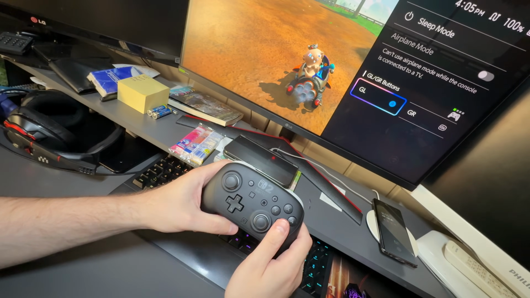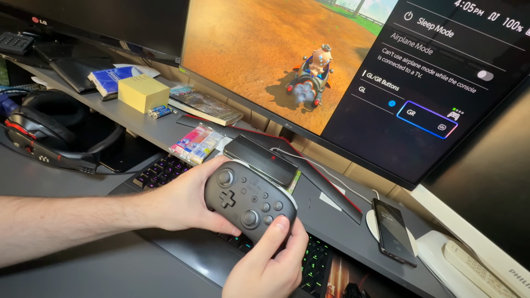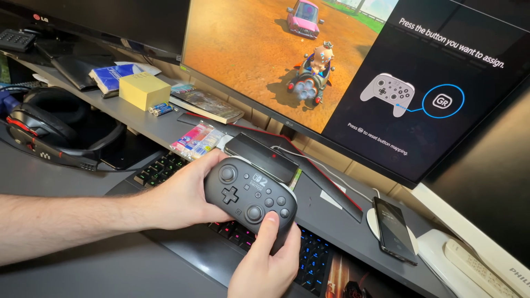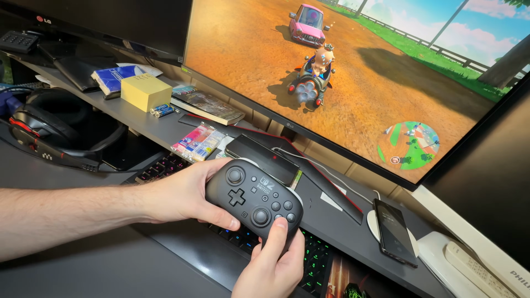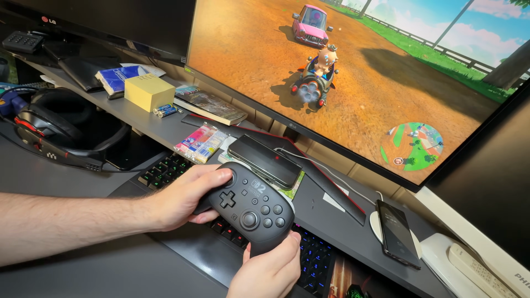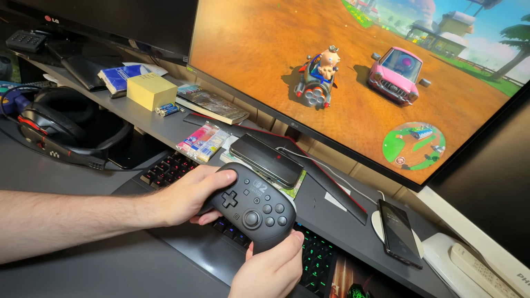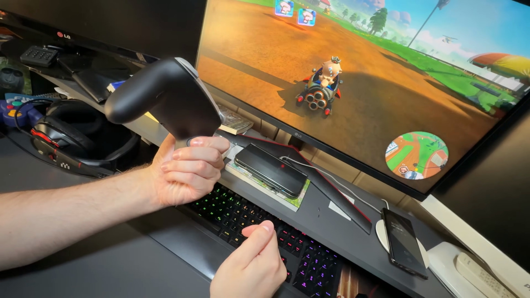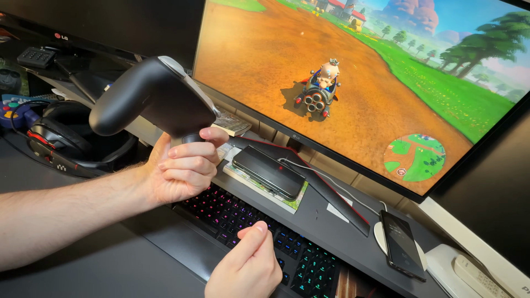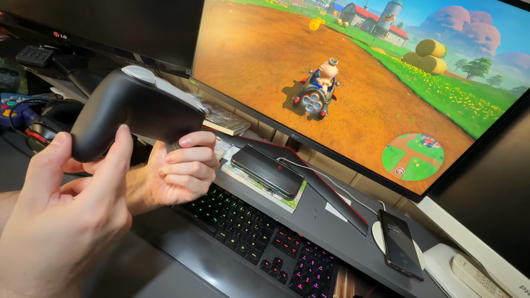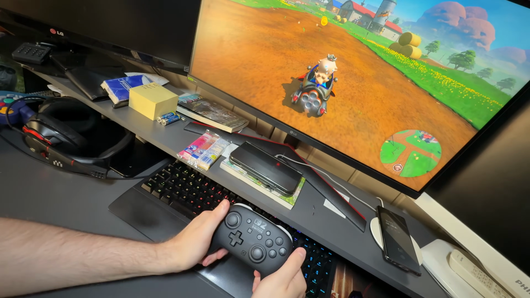Let's assign the A button, for example. Now we go to the GR button. We can assign now every button on the controller. And then we can see now we can navigate and accelerate and brake and something else using the GL and GR buttons, as an easy performance. This is an additional part with two programmable buttons on your Nintendo Switch 2 Pro controller.